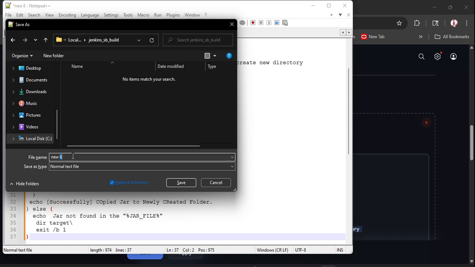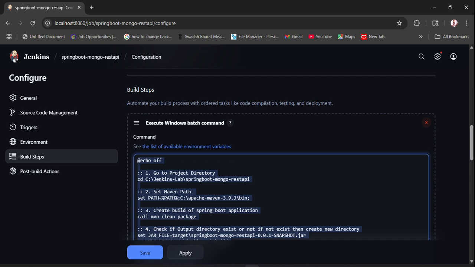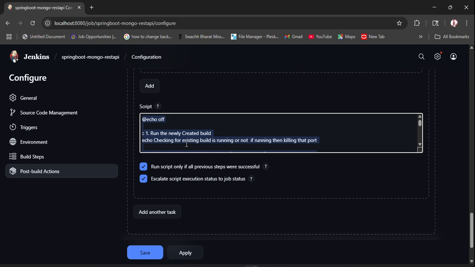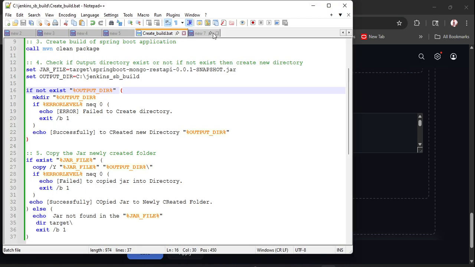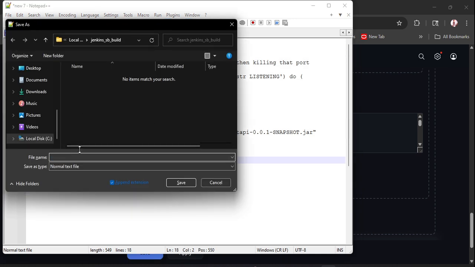Jenkins SB directory. Here I'm going to create this create build dot bat file. This bat file will be used in the Jenkins folder for creating the builds for future purposes. If the Jenkins server crashes or anything happens, in that scenario your script will be safe. Now going to also copy the other script as well, copying this script and pasting in another tab, saving this script. So in here